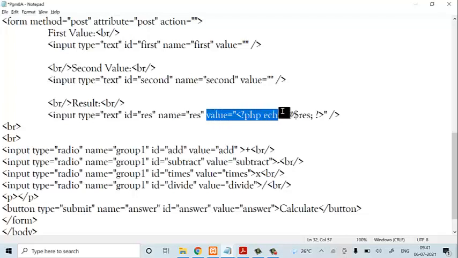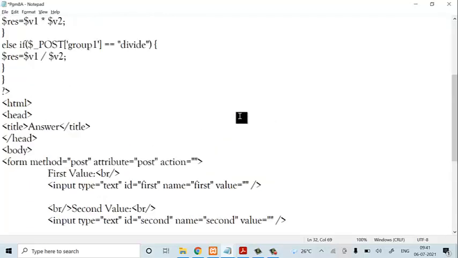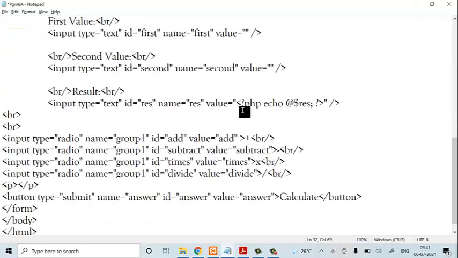After that, I want to print the value in this particular text box. So value is equal to whatever the operation we have performed in the PHP part, and I am displaying it here. With the PHP syntax, whatever result is stored in the dollar result, that is what I am going to display here.